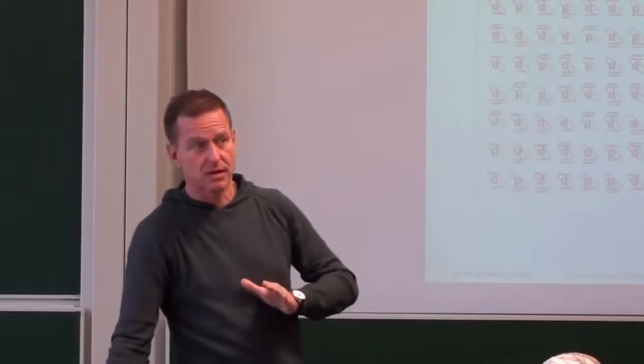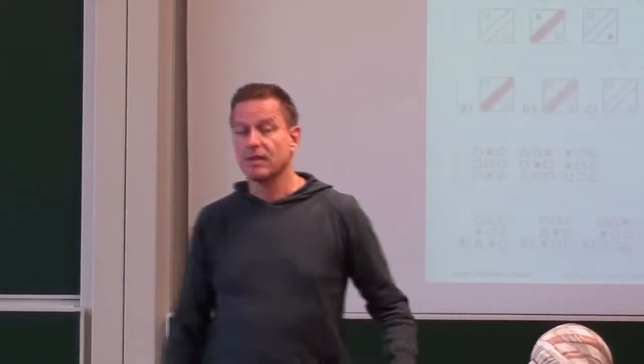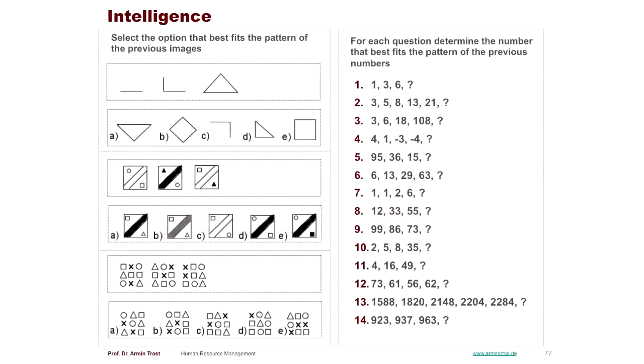This is about concentration. The most important kind of tests in that area are probably intelligence tests, right? So I just took some examples here. You will find in almost every test about intelligence the task on the right-hand side. You get a sequence of numbers, and you must figure out what is the next one. 1, 3, 6, 12. What do you do?